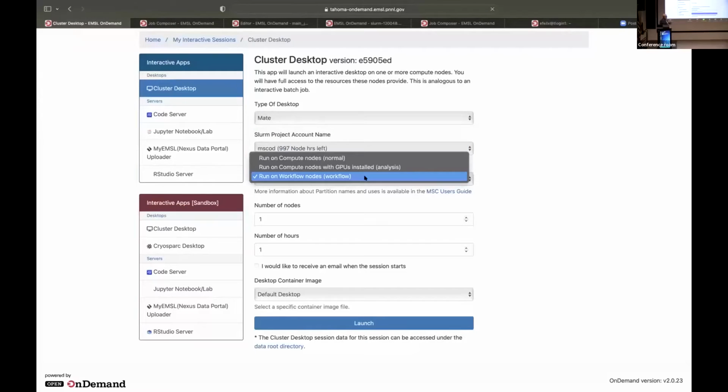You can then select where you want your job to run. The normal and analysis nodes, we talked about those already, but there's also a couple workflow nodes. The big difference here is what capabilities you have. The normal nodes, right? That's the compute node with lots of memory, but no GPU. Analysis node has the GPU. The workflow nodes are kind of these shared nodes. So you're not going to get as many CPUs in your job, so you can't do really big processing and stuff. But if you just need a desktop to submit other things or run apps that run other jobs,